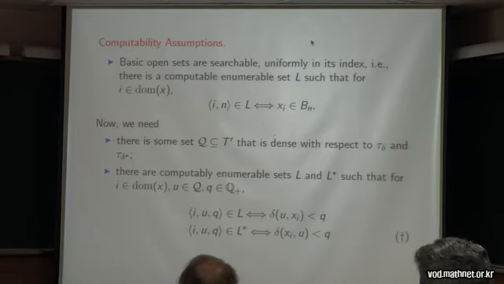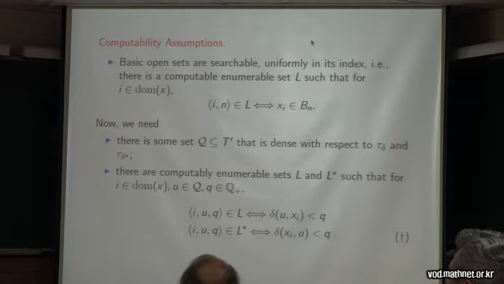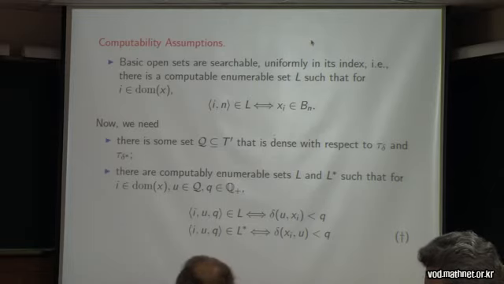Moreover, we need a set that is not only dense with respect to the delta topology, but also with respect to the conjugate topology, so that we can define the topologies the way we need it. And we need again that we can enumerate,